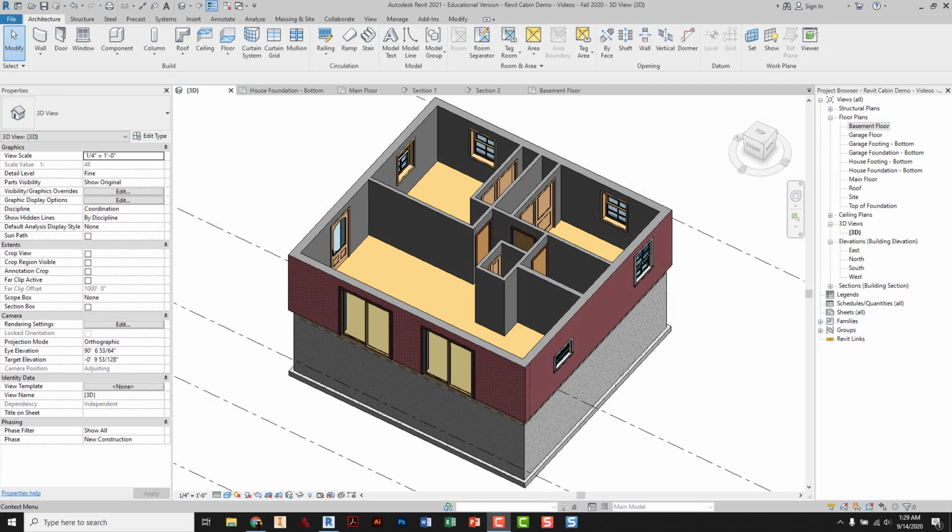Hey everyone, we are back, and this time it is to make some stairs in our cabin. We want to be able to go from our main floor level down to the basement. So the stairs, a little bit of a two-step process. First is we need to create an opening in our main floor so that we can then set up and